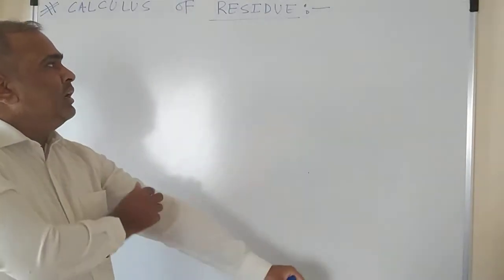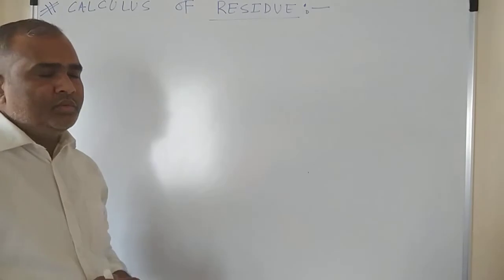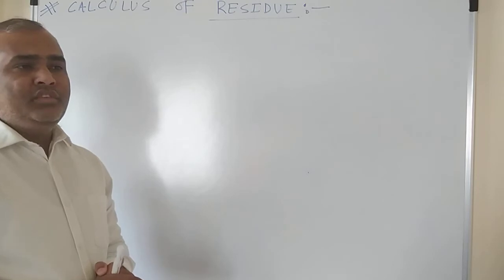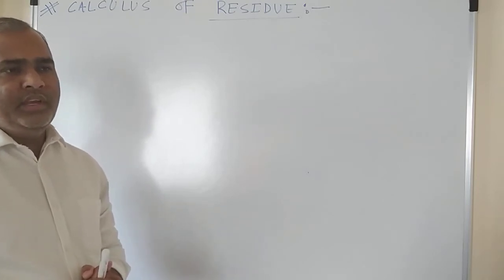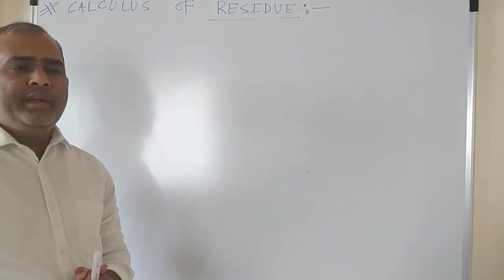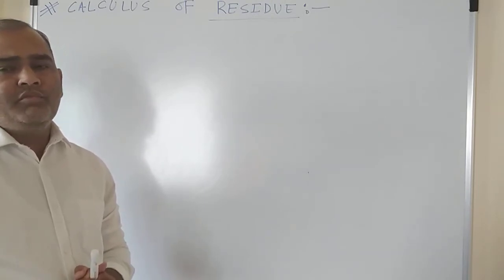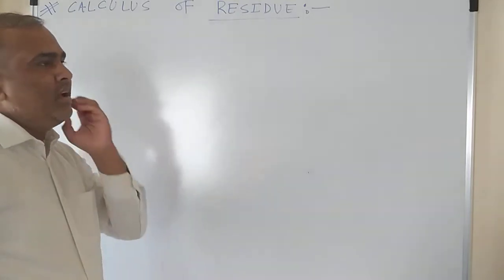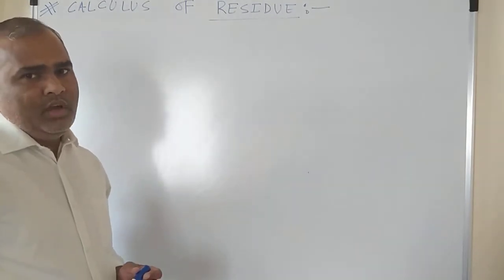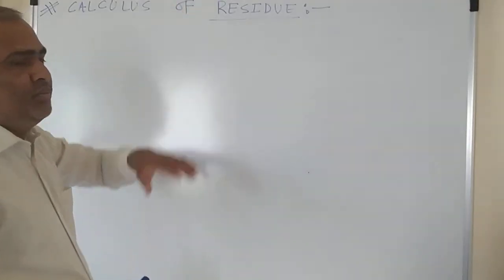So let us now learn the residue theory, or the calculus of residue, or the calculation of residues. To calculate the residues for a given complex function, it is very important to find the poles and their orders. What a pole is and how to find its order, we have already studied in the last few videos. Now today let us again consider the Laurent series expansion, because based on it we have to calculate the residues of the given function.